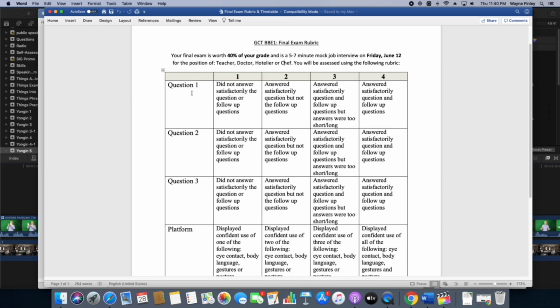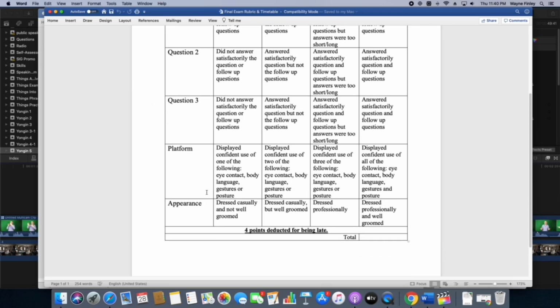So that's good if you can give students some freedom over how their final exam will work, or their conversation or their job interview will work. What's interesting about this one, this was my co-author's idea, because we wanted it to be like a real job interview, they had to dress professionally to get 4 points on the rubric. They also had to be well groomed. And all of them did, or almost all of them did, in this class. And here again, 4 points are deducted for being late.